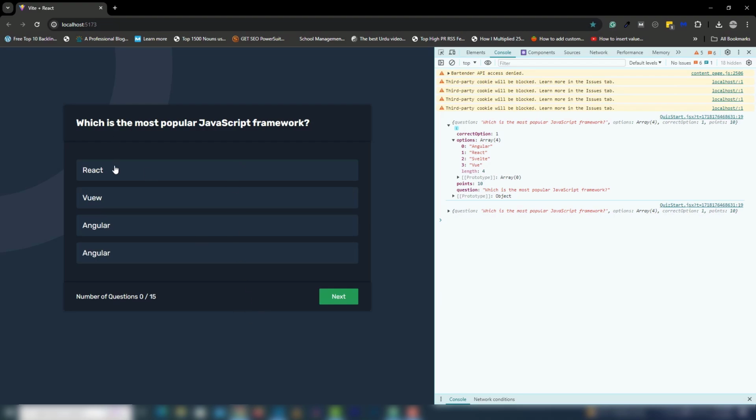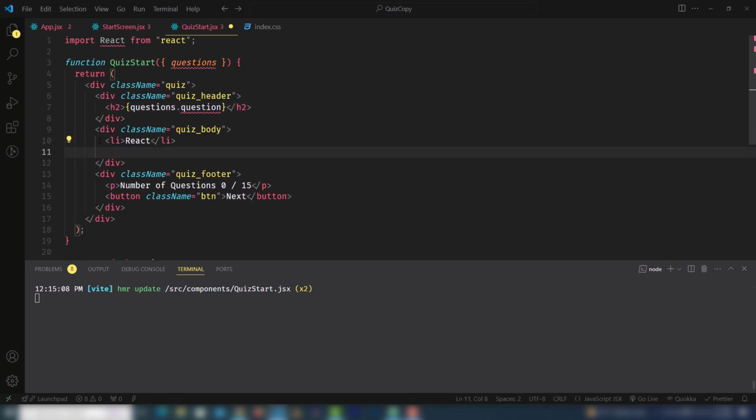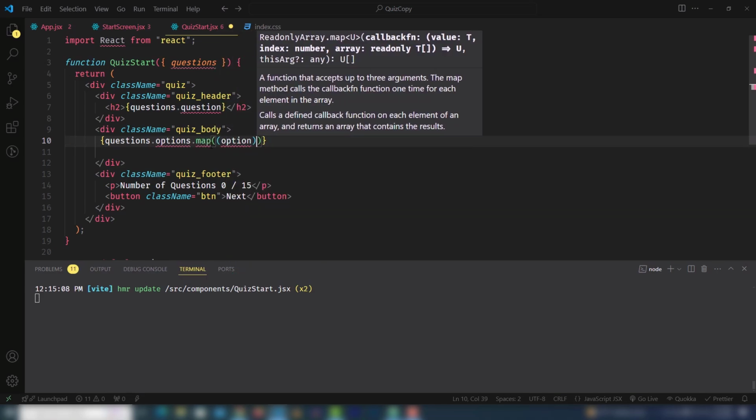Great. We need to loop through to display the different type of question answers. So I need to remove that in the body. Also I'm going to remove that. You need to use curly brackets and call the questions dot options dot map parentheses, one more time parentheses, use option as a parameter,